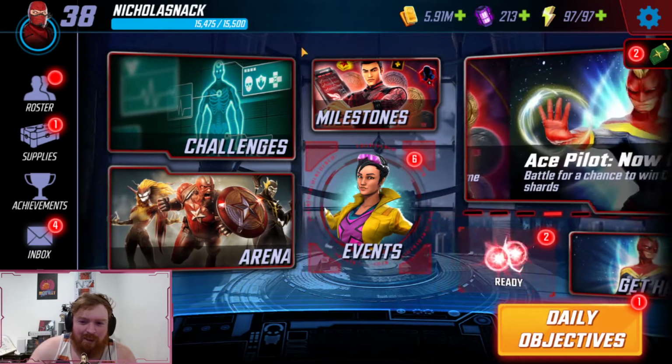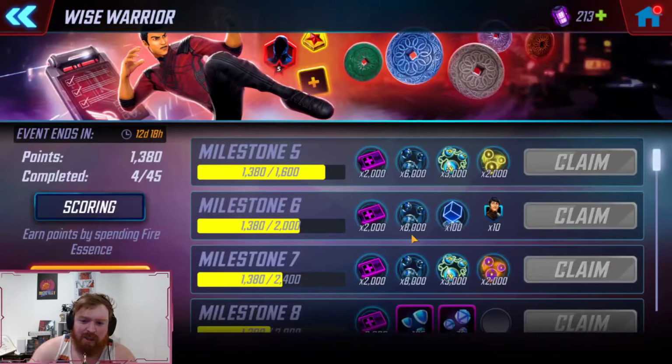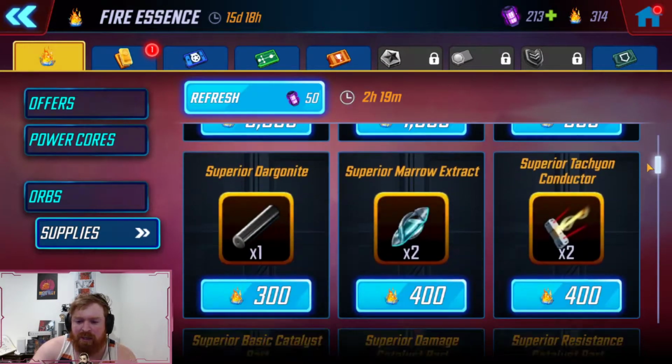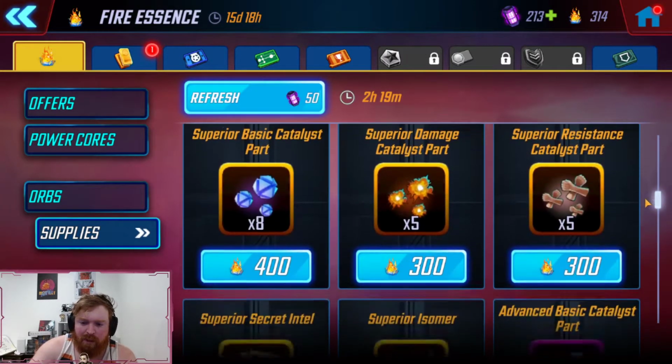Now let's take a look at first this milestone. This is how they're doing the Shang-Chi unlock. You get a certain amount of these little fire essence. You get one for every energy you spend, plus you get a certain amount per blitz, and basically you spend them on a special supply store, and through there you can get various things. You can get elite credits, which is what I've been spending them on, or you can just get a bunch